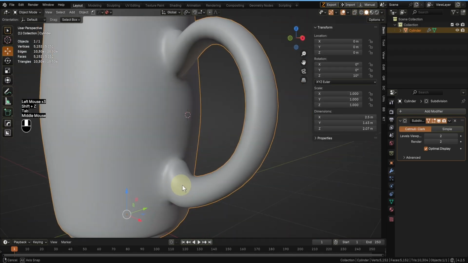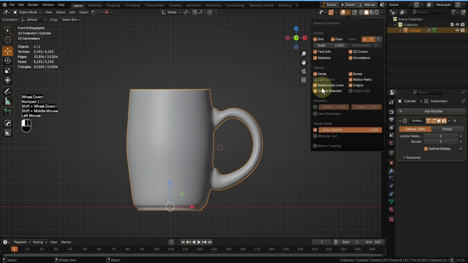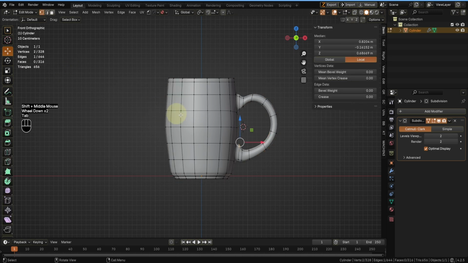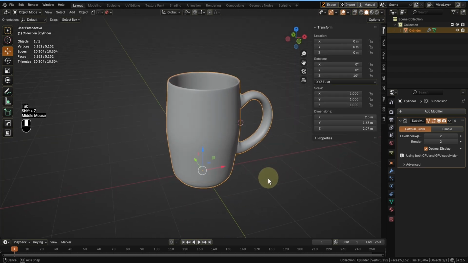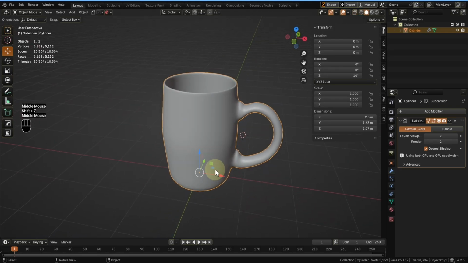Does it look beautiful? Beautiful. But when you turn on your statistics, you see just this mug is 10k tries. This is an overkill, guys. 10k is an overkill. We can't do that. Okay? Mostly for something that is not going to be